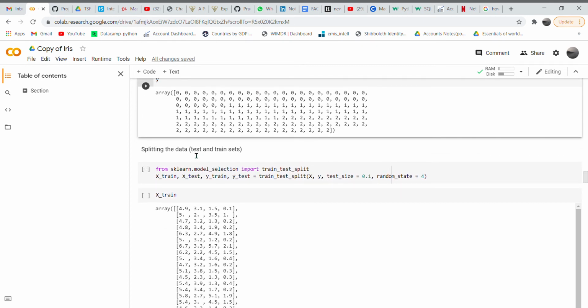Splitting the data set into train and test sets. We have taken 4 splits here: X train, X test, Y train and Y test, with 0.1 as test size, so 90% for training and 10% for testing, with a random state of 4. We can take the random state as anything we want from 1 to 10.